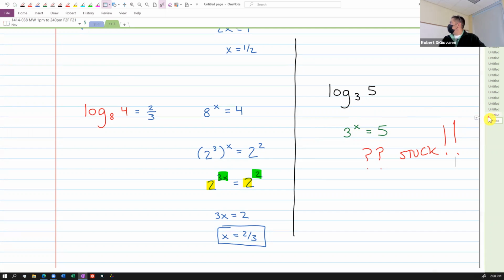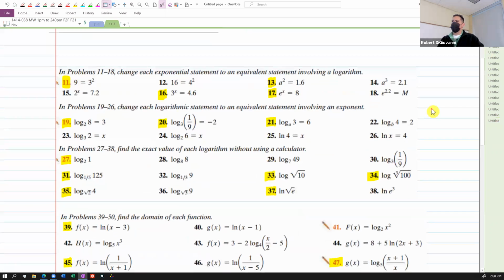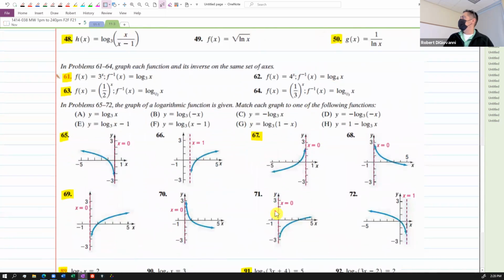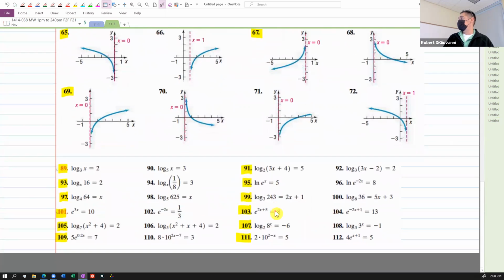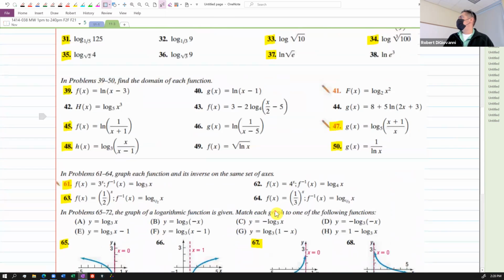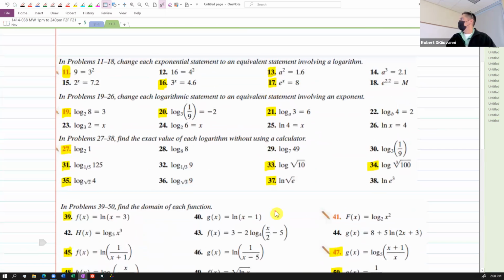All right. Let's talk about the homework. Remember how I'm doing this now, right? I'm sending this file out to all of you. It has this homework assignment here. I've already gone ahead and highlighted the yellows here. I know this looks like a bunch of stuff. I would say do it to the point that you feel comfortable with it, right? I mean, you don't need to do all of these, but